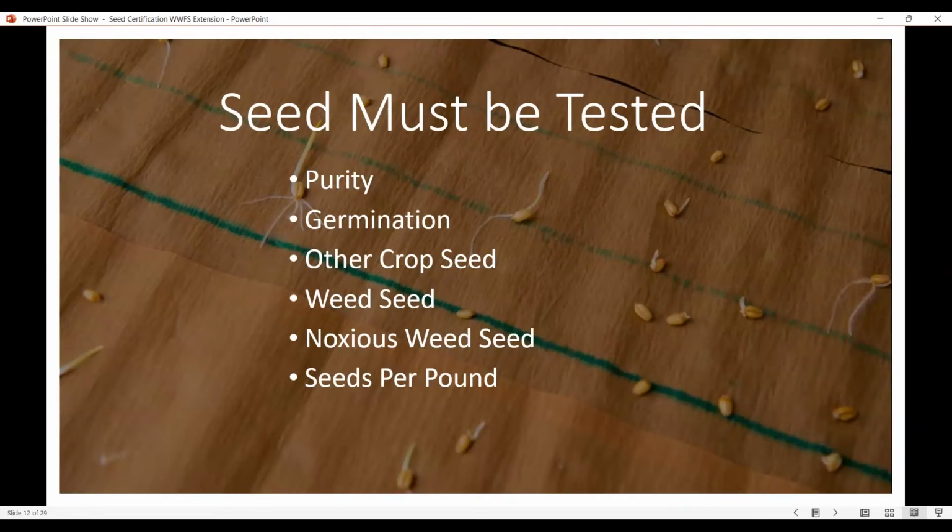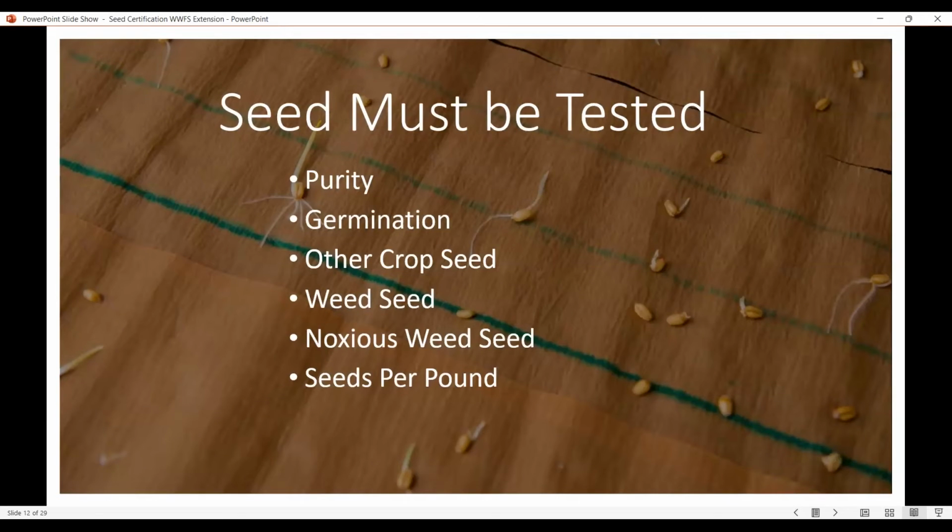In the case of wheat, they look through 100 grams for the purity, and that's to determine pure seed, inert matter, crop seed percentage, and weed seed percentage. With the certified seed, usually it's a 2-pound sample we look through. And in that 2-pound sample, that analyst will pull out all the common weed seed, all the other crop seed, and all the noxious weed seed. And that gives the growers a better idea of how that conditioner is doing when he handles that seed.